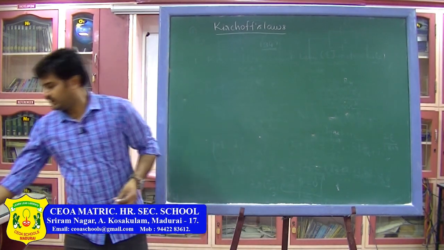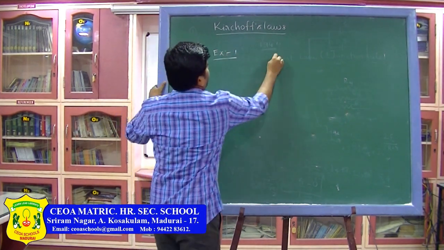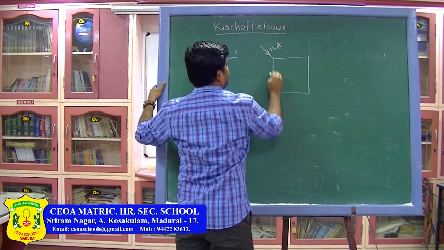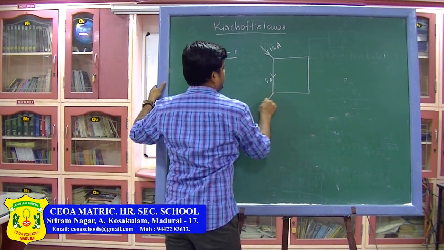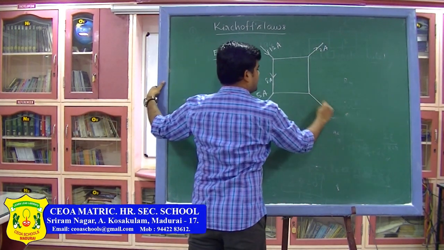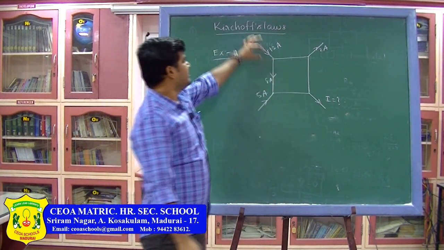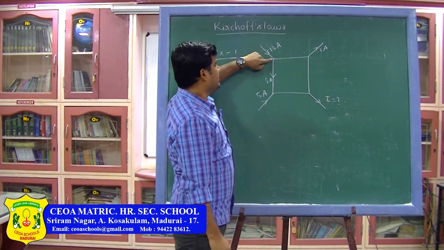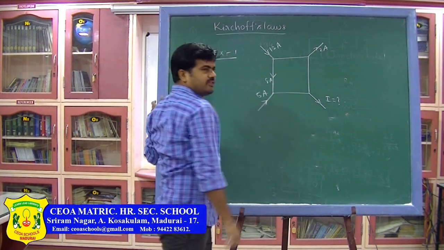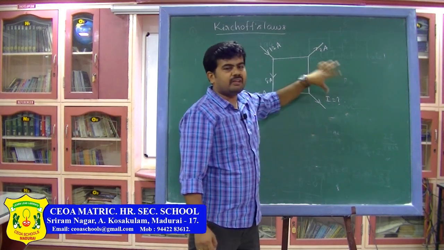So, first example, a network of currents is given like this. Example 1, this is a given network where 12 amperes is entering this junction, 8 amperes in this direction, and here 5 amperes, and this current is 2 amperes away from the junction, and the question is what is this I value. So, what is the I value in the given network?